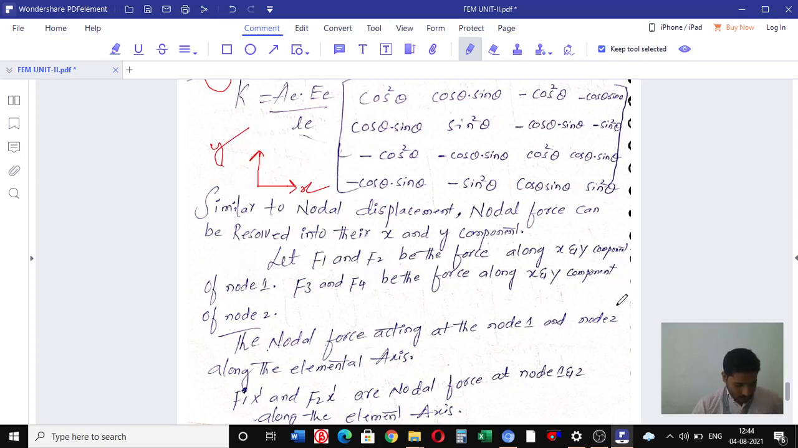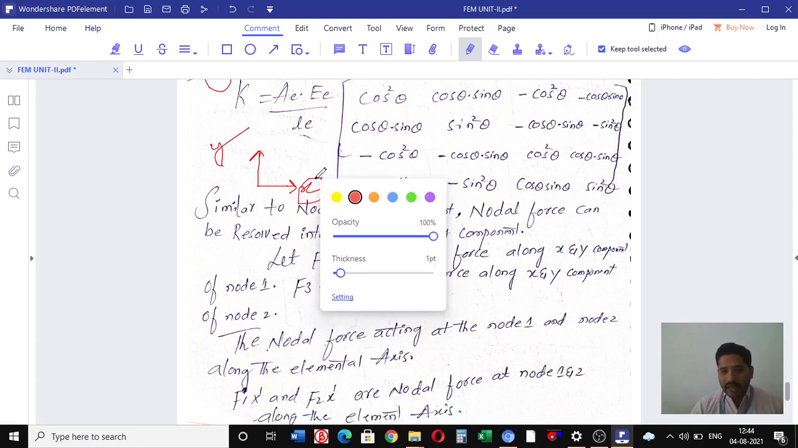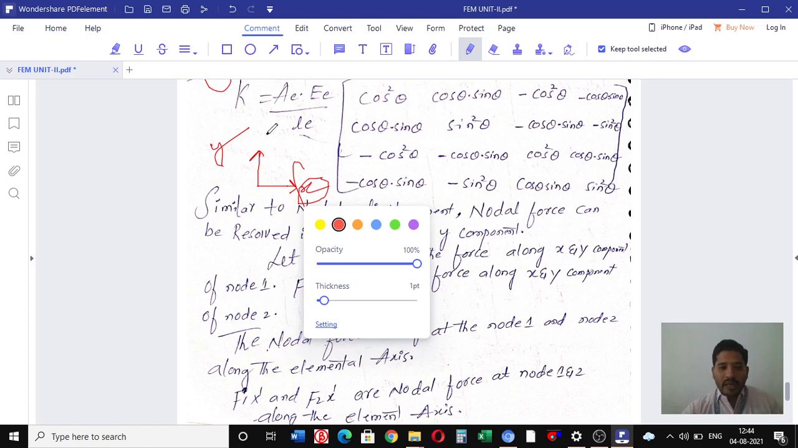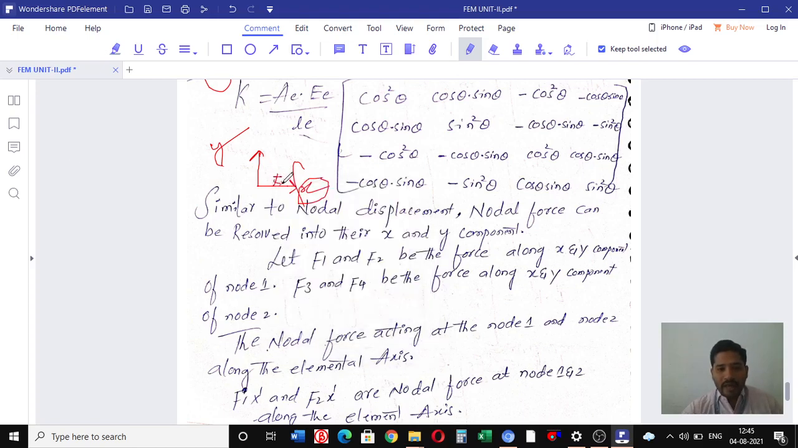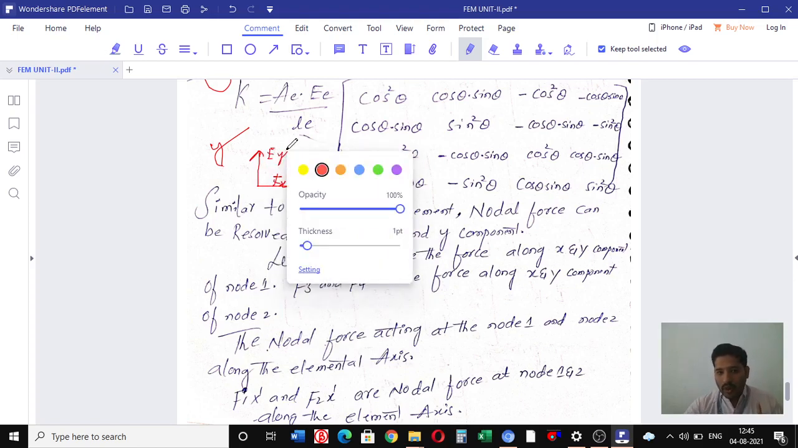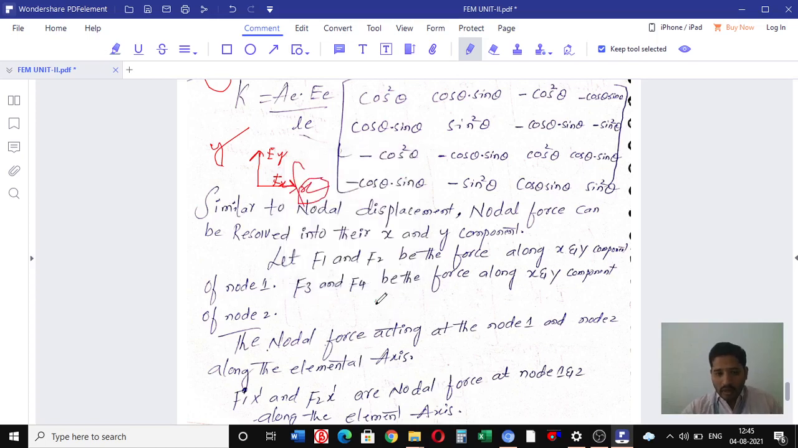Okay, so then let F1 and F2 be the forces along this direction, in the x direction, forces acting in the x direction, as well as the forces acting in the y direction. We can represent here Fx, above we can represent as Fy. Is it right? At the node 1. At the node 2, if you want to discuss, the nodal force is also resolved in x and y components. Let us see, this is the first point and this is